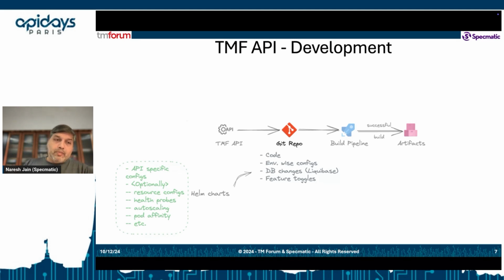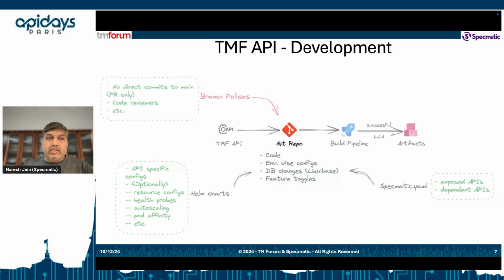We would provide a config which is in a similar format like Helm. So we would provide things like health probes, auto scaling, pod affinity, other kinds of important things for this particular API. Then we would use Specmatic, the open source tool that I've been talking about, which has in the specification exposed APIs and dependent APIs, and then of course branch policies and things like that, and then pre-commit hooks, which is all linters and code tests